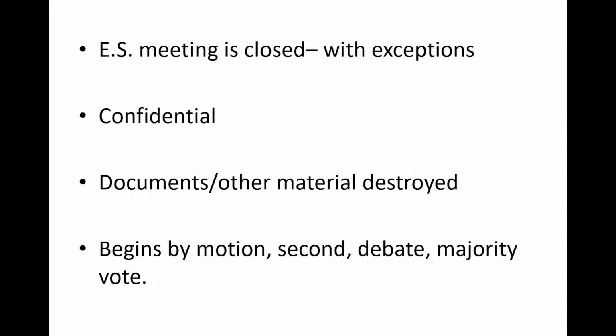That way nothing stands a chance of getting out, as long as you have people who understand how the confidentiality works. So how do you go into executive session? A motion is made and seconded to go into executive session. You then debate the motion, if you need to. Well, why do we need executive session? Why don't we keep everybody here? Or why can't this go into the regular minutes? Or whatever debate you need to have. You then vote. A majority of the members must approve the executive session. Once you've done that, you're all set to go into executive session.